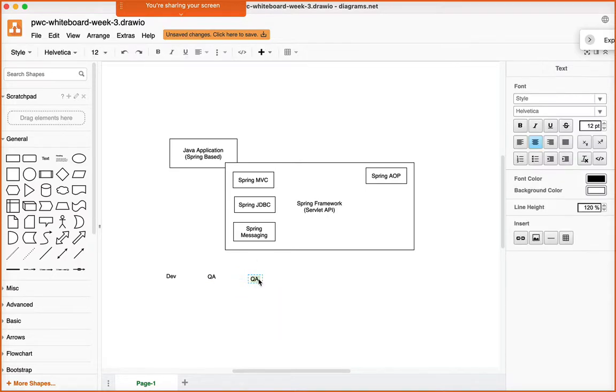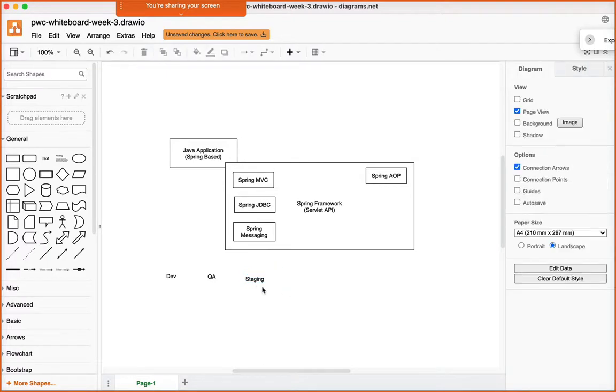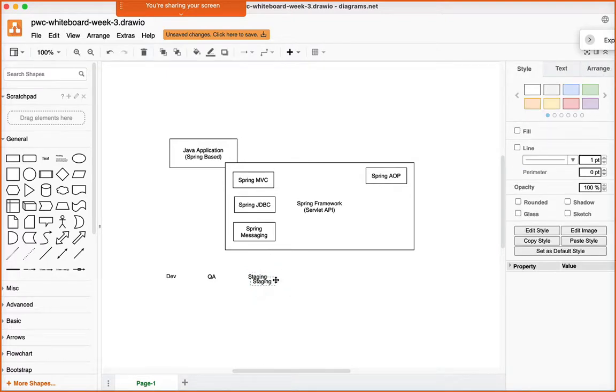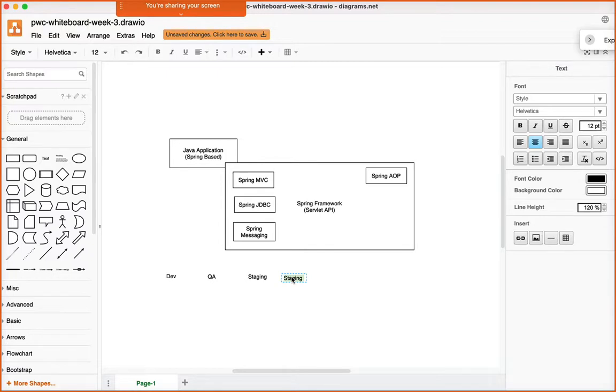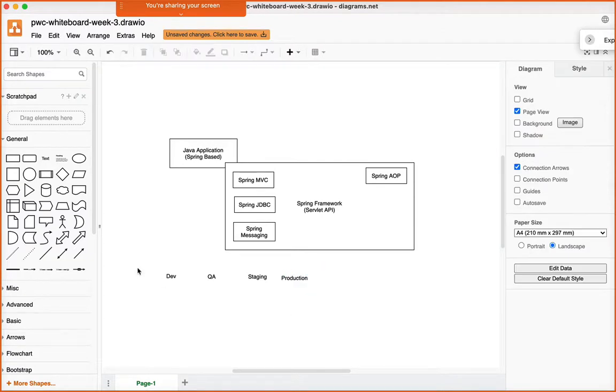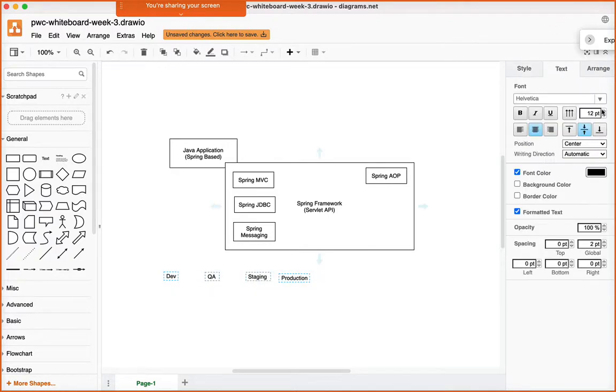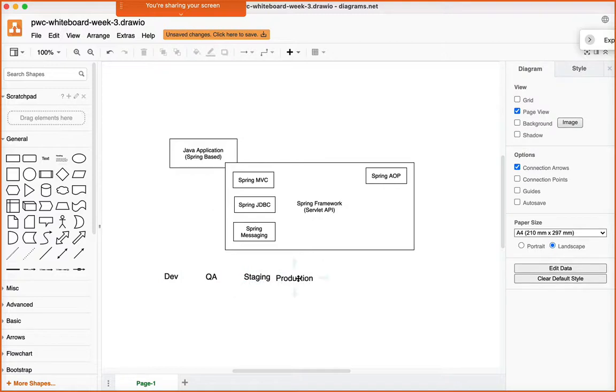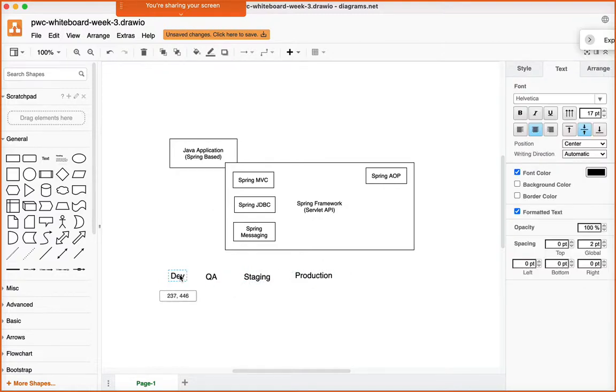And other than the staging environment, we also have the production environment, of course the most critical. So all of these are the different environments that we have. So you deploy on dev here, and then you've got QA, and then staging, and so on.